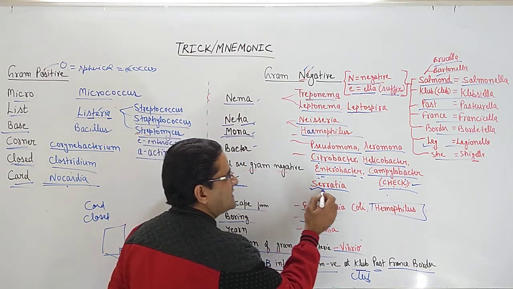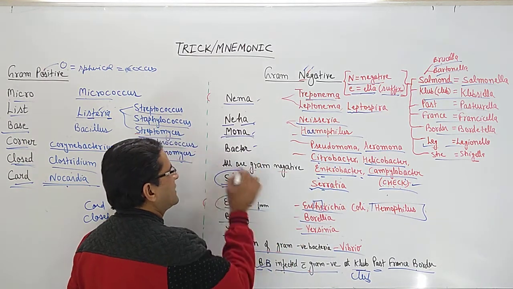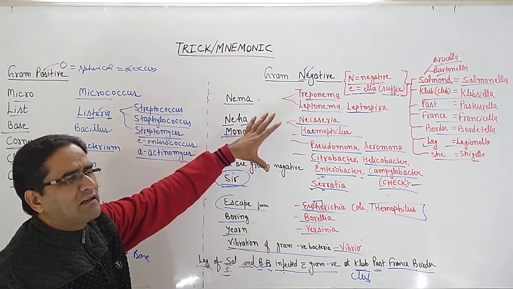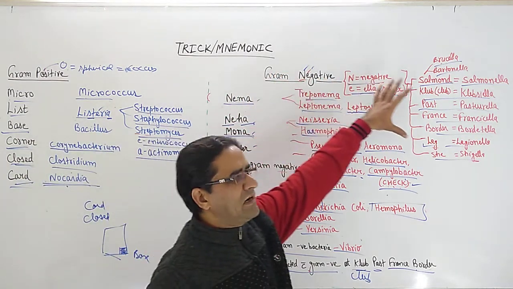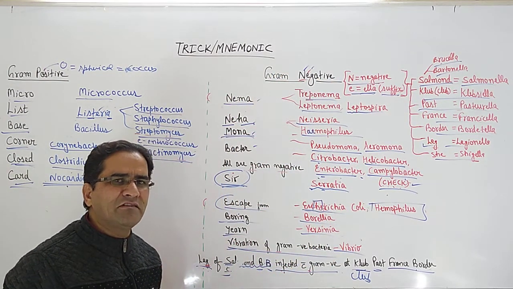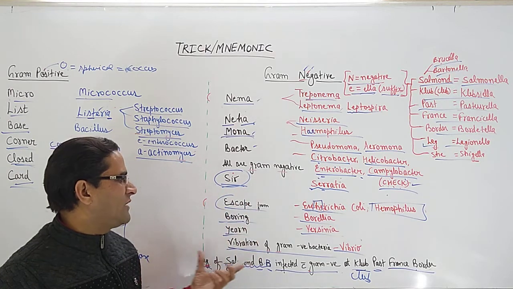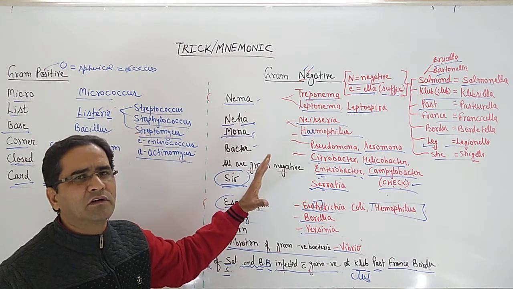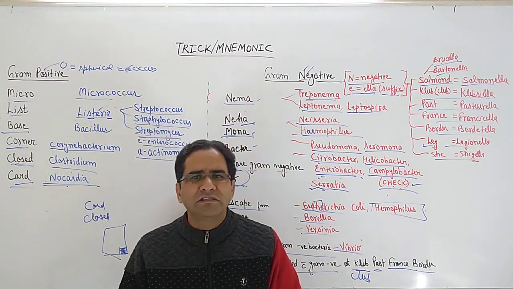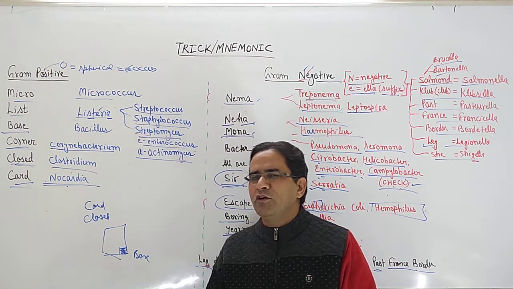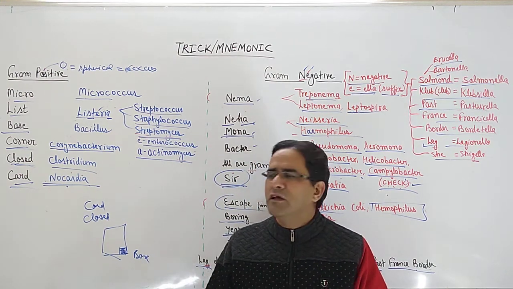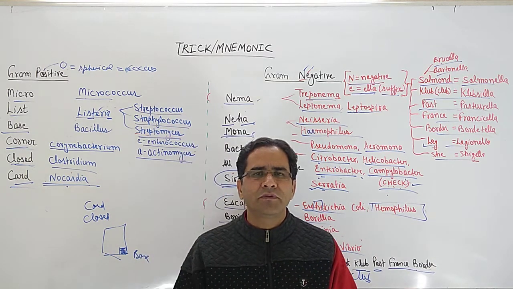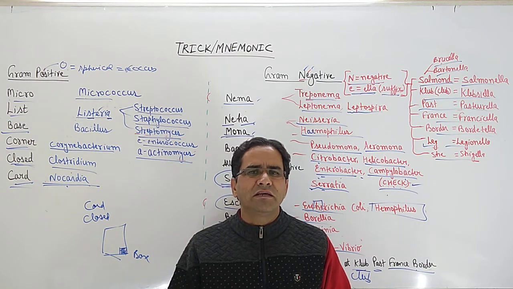Although the spelling is SER, just to remember we have written Ser. So, three sentences are there for gram-negative. First, the ella related one, where Salmon was infected with a negative bacteria. Then escape from boring yarn vibration of gram-negative. And the third one is Nema, Neha, Monobacter. All are negative, including Ser. So how easy this is. In this way, you can easily remember the examples of bacteria and easily answer the questions. So this way, you will keep on making things easy.